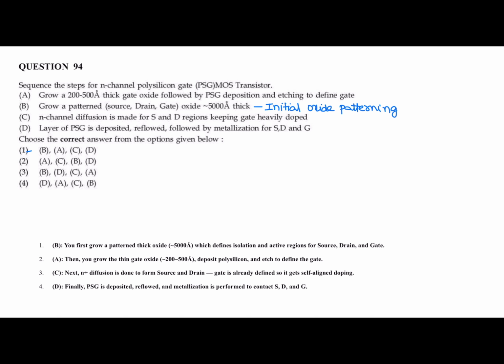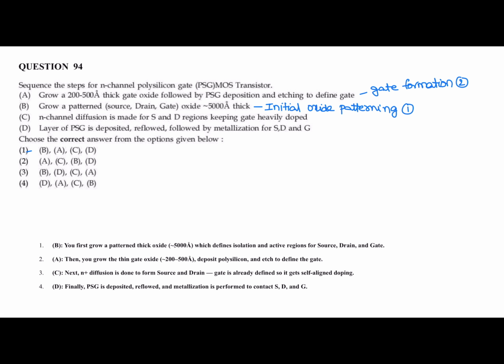Next is the gate formation step, so that is statement A. Gate formation is the second step, that is grow 200 to 500 Angstrom thick gate oxide followed by